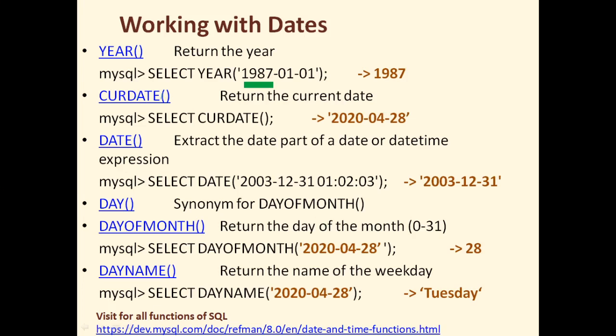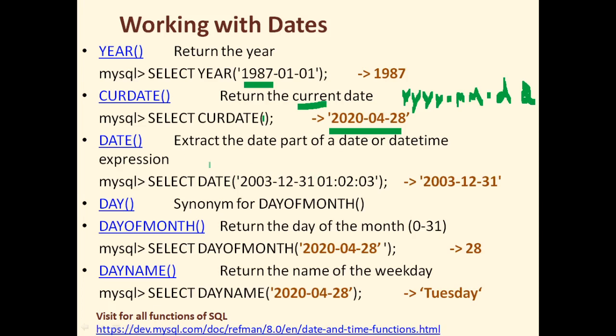Similarly, curdate returns the current date. So curdate will extract the date from your system only. And suppose today's date is 25th of July 2020. Then it will give you this date. The format of date is always YYYY for the year, then you have month in MM format, and then you have date in DD format. This is the format of SQL, okay? But you can always change the format in the regional settings. Here the basic format is this only.